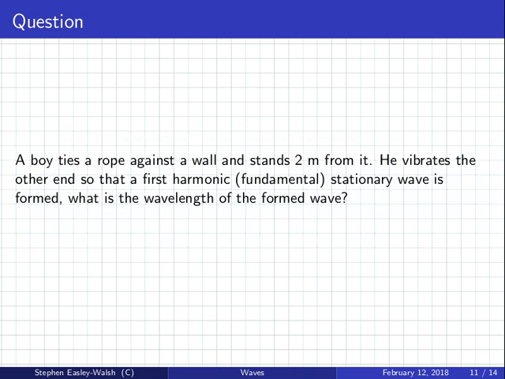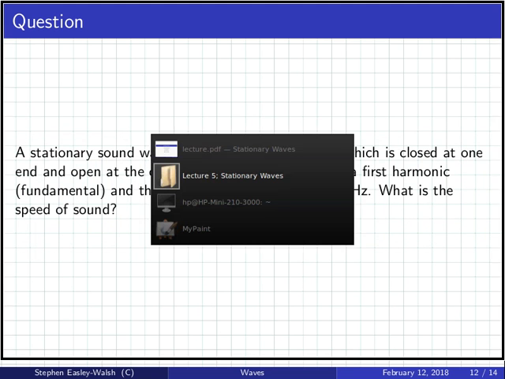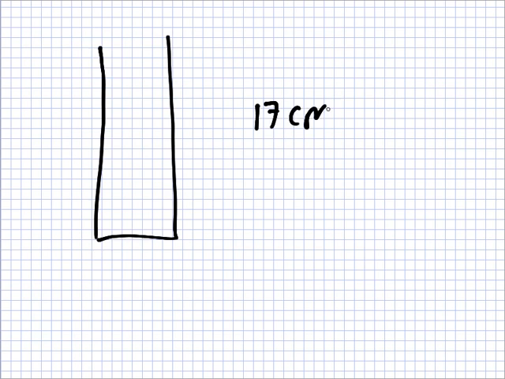Okay. Don't particularly think this one's easy. That's not even worth doing. It's stupid. Right. A stationary sound wave is formed in a 17 centimeter pipe, which is closed at one end and open at the other end. So we have a pipe, 17 centimeters,